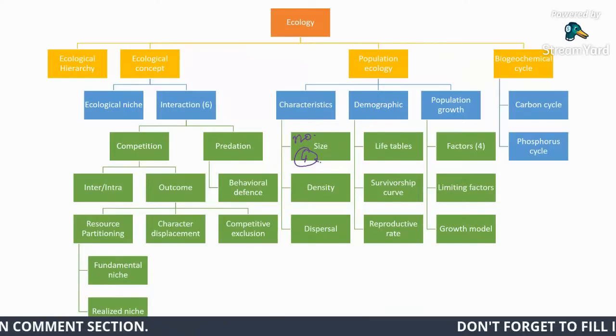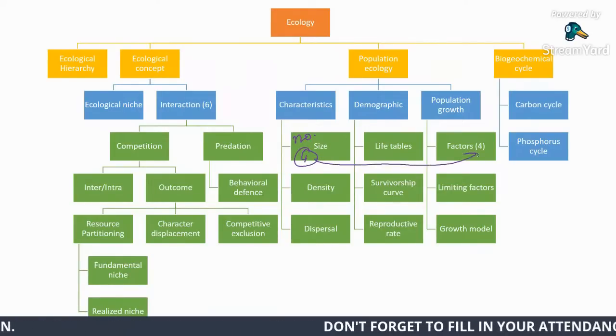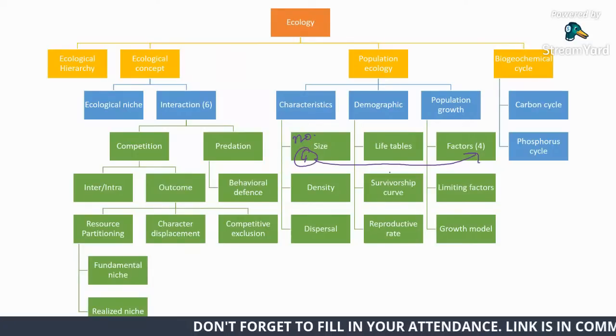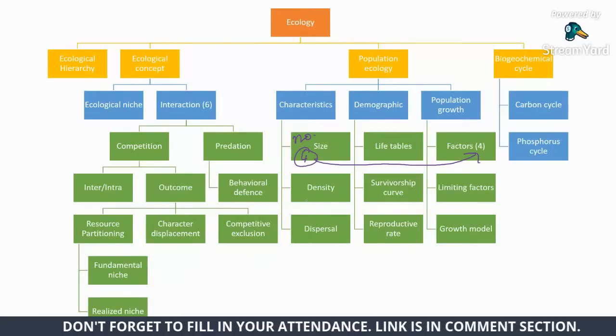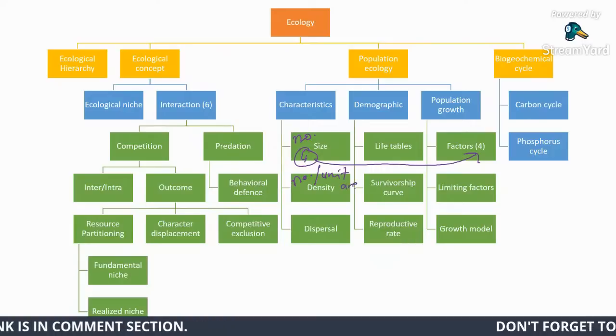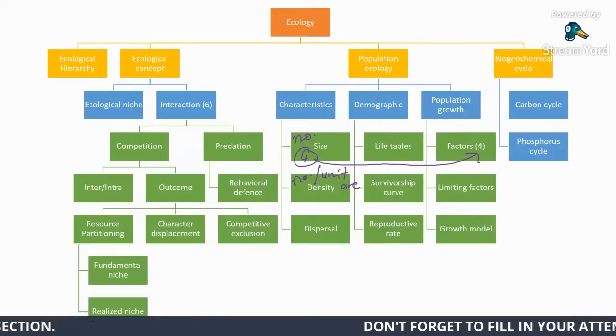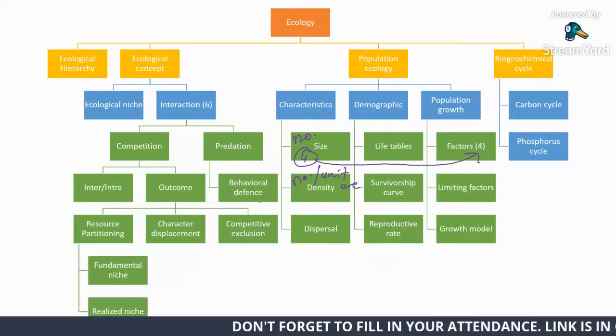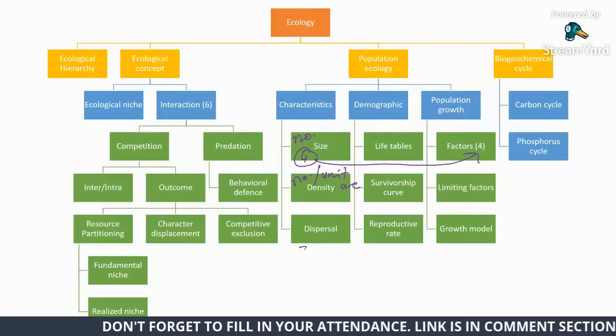So basically these 4 faktor juga boleh mempengaruhi population growth. Alright. Next one is population density, that it is also the number of individual tapi per unit area. Okay, kepadatan dia. Next one is dispersal. So dispersal ada 3, clump,